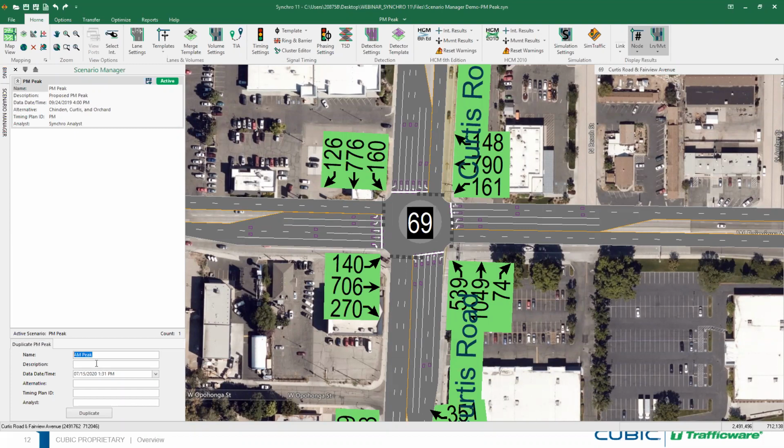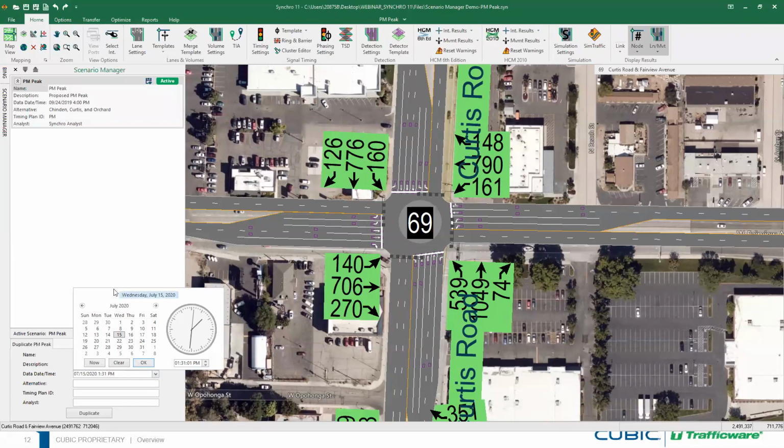Description, I'll not put so many information here, or maybe doesn't matter. I'll put description. Date and time. I want to have the exact date and time for the MPIC. So I will click that and it will give me a calendar selection